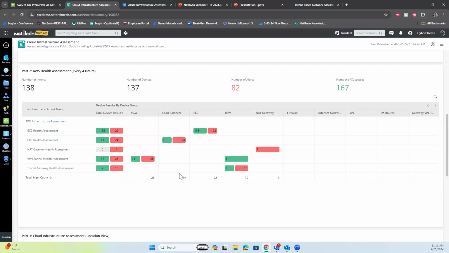And all of these checks, we give you a lot of them out of the box so that you can get an idea of what these are. But essentially, you know your network best and your engineers know how to troubleshoot it best. So we take your knowledge and your know-how, and we convert them into network intents and workflows inside of NetBrain, so